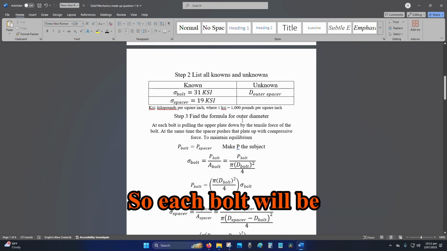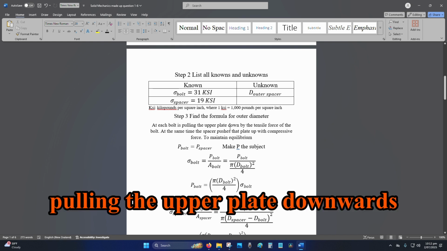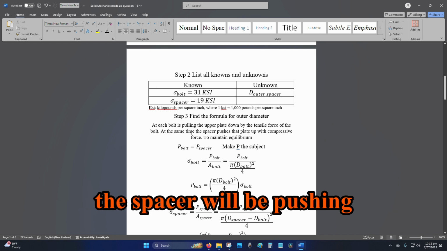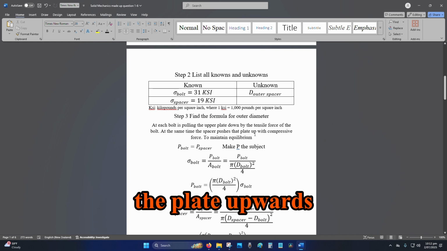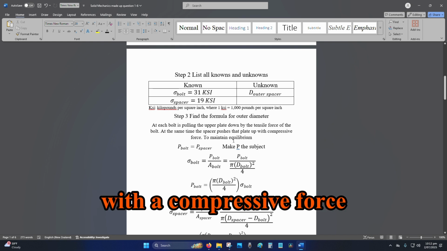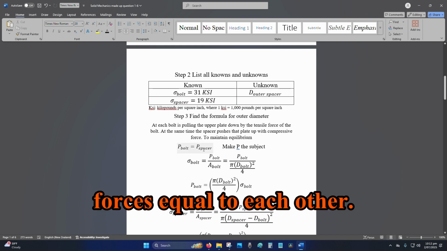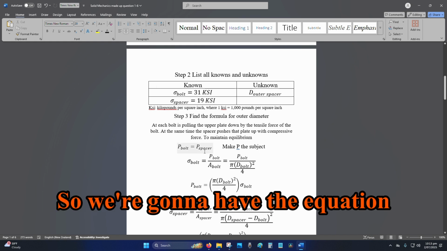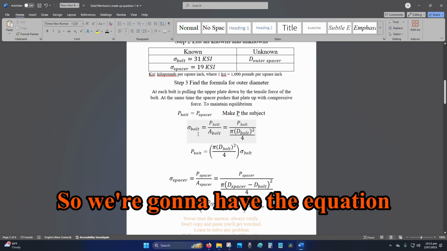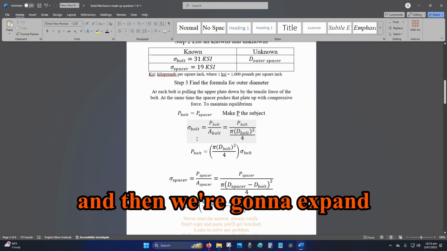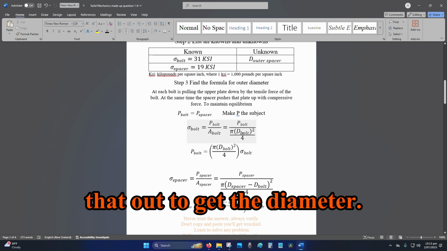Step 3, find the formula for the outer diameter. So each bolt will be pulling the upper plate downwards using a tensile force, and the spacer will be pushing the plate upwards with a compressive force to maintain equilibrium. We need to set the forces equal to each other, so the force of the bolt is equal to the force of the spacer. So we're gonna have the equation sigma is equal to force divided by area, and then we're going to expand that out to get the